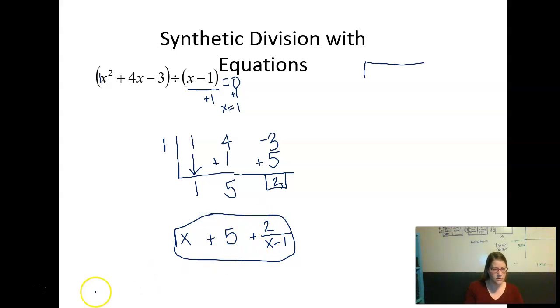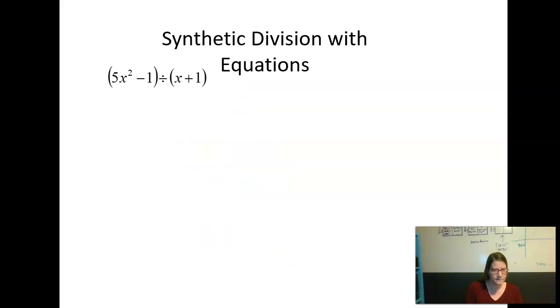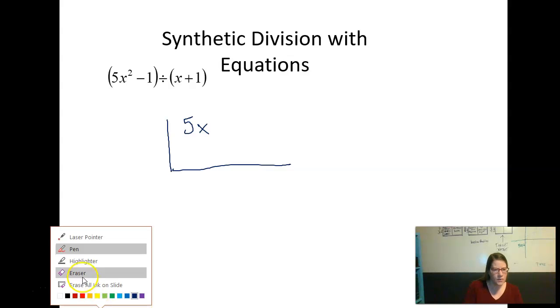So that's the solution. So let's try another one. All right, so on this one, I have 5x squared minus 1 divided by x plus 1. So again, I'm going to draw my upside down division box here. I'm going to put the coefficients across the top, but remember, when we're dividing, we have to have our exponents going down by 1 each time. And on this particular equation, we have